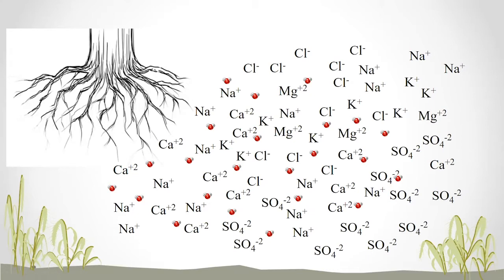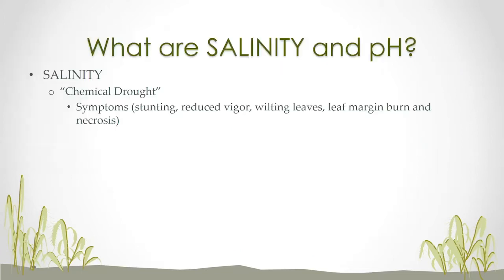It's harder for the plant to pull water away from those interactions and into the root and up into the shoot as it's needed. And so when we see a chemical drought occurring, what do we see? We see symptoms of what would look like water deficit or water stress being expressed in stunting, reduced vigor, telltale wilting that you would normally see in a water stressed